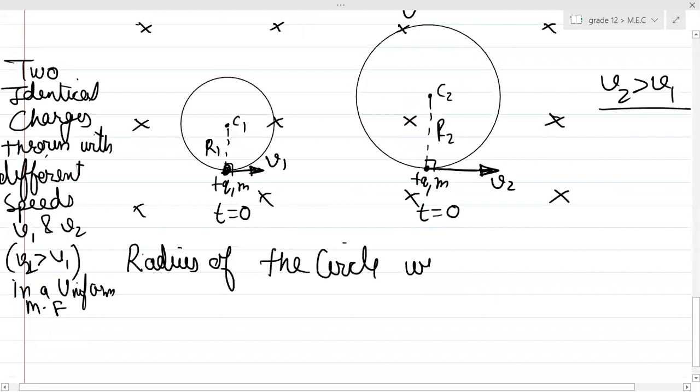Then the radius of the circle for the bigger velocity charge